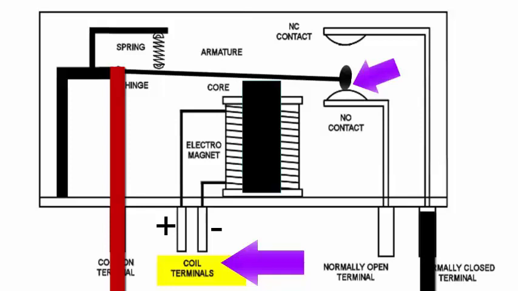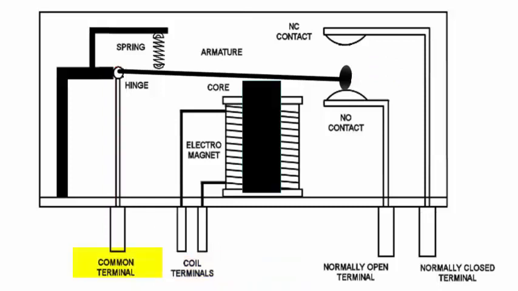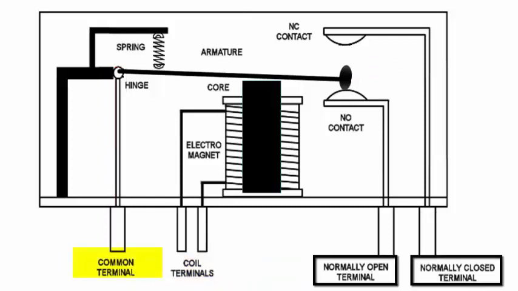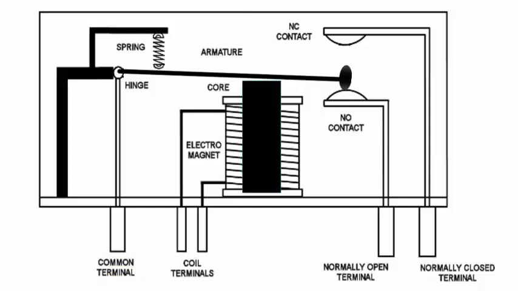So depending on whether you want a normally open condition or a normally closed condition, you can take the output between the common terminal and whichever of the two elements present over here. Or it is also possible to take between all the three. If you want to switch this line, in that case you can connect all the three and use it.